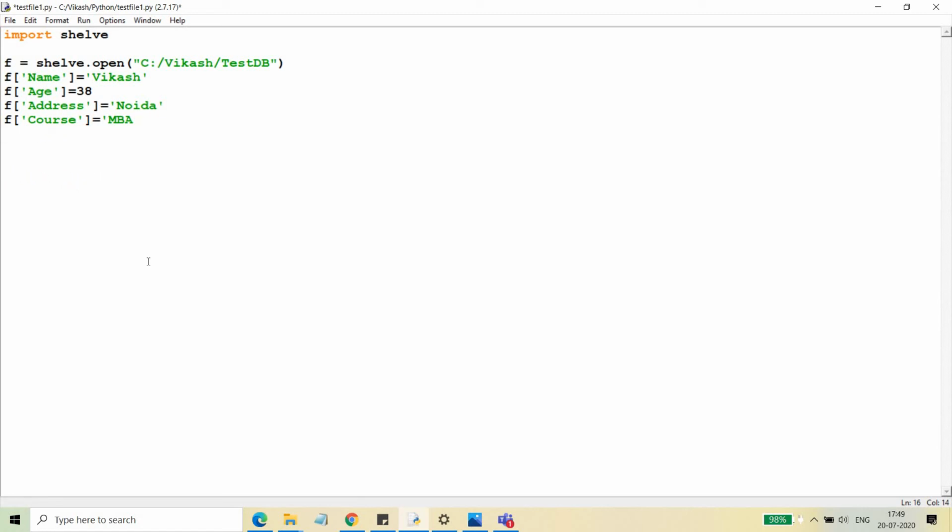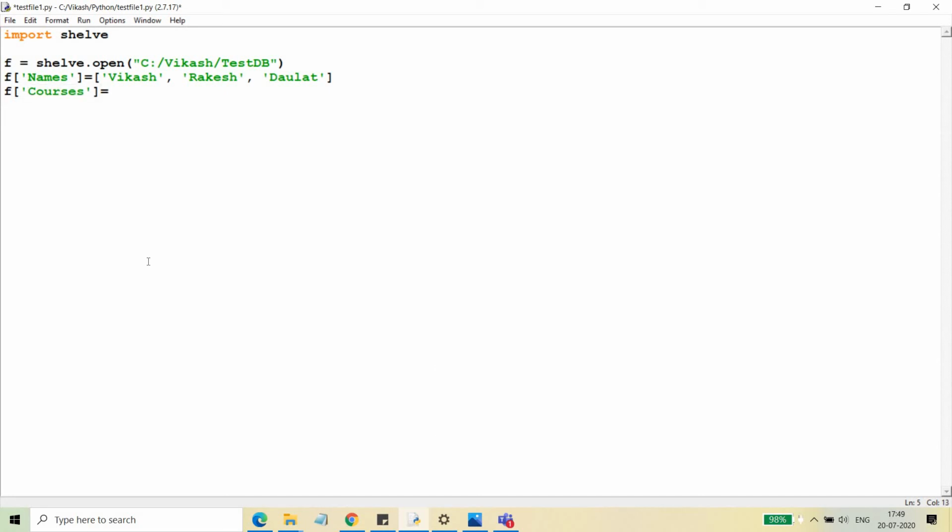Rather than putting single values here, let's put a set of values, I mean a list of values. Suppose I just want to put a list of students: Rakesh and then Daulat, right? And then F courses.